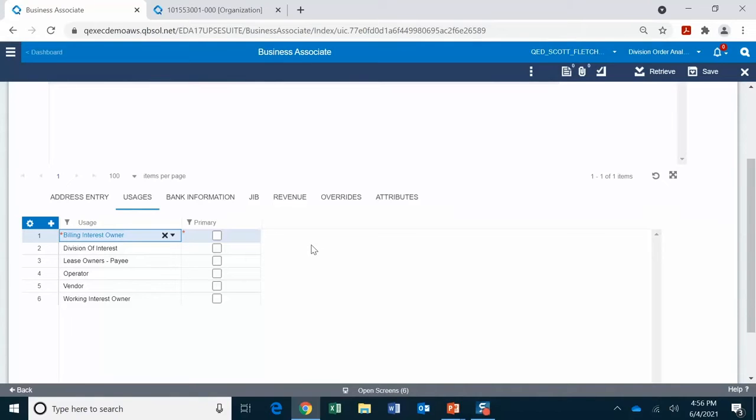The usages within the BA Master tell the system where this BA will be used across all the other applications, such as billing interest owner will be used in joint billing, but row 3 in particular says lease owners-payee. So what this usage is telling the system is this BA will be used and shared with the land system. So if we look at Quorum Land,